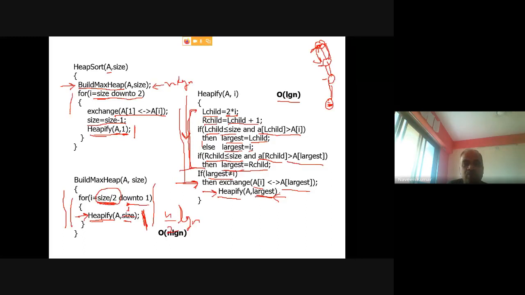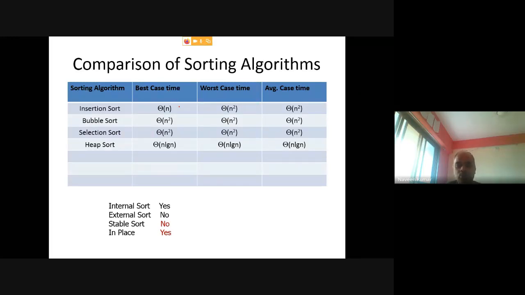What about this? Here, there is a loop of n order, right? Size down to 2. So it is an n order loop, right? And n times you are calling this heapify. Heapify is what? It will take log n time, right? So n times log n. So this statement executes n times, but this internal statement, heapify, executes n log n time. So there is no statement in this algorithm which takes more than n log n time. So overall cost will be n log n, right? So heap sort in the worst case takes n log n time.